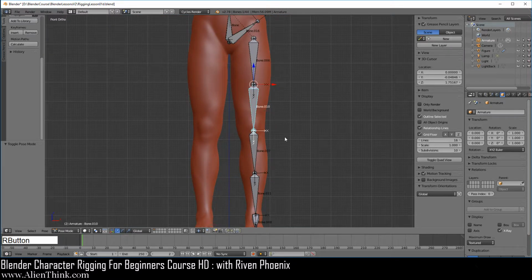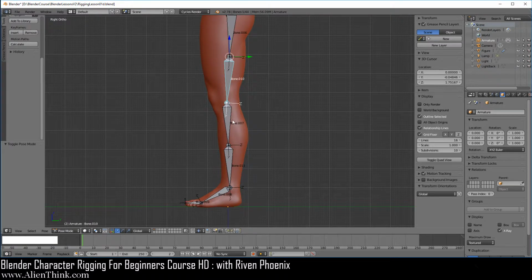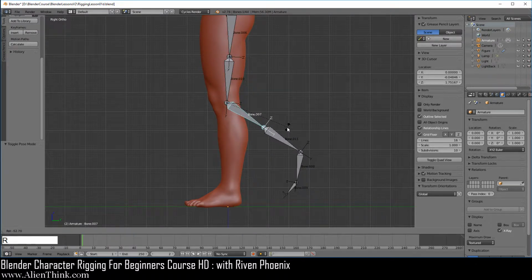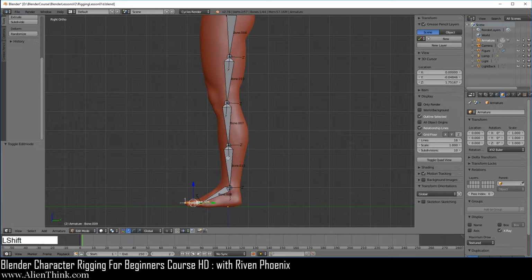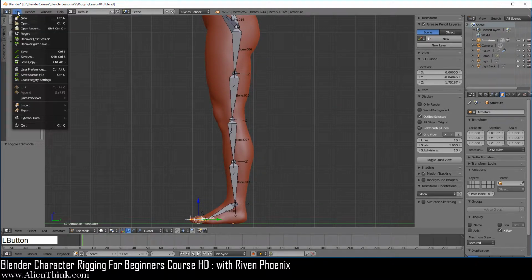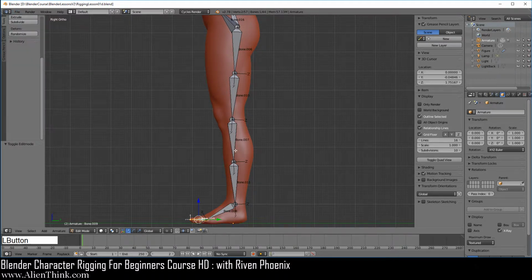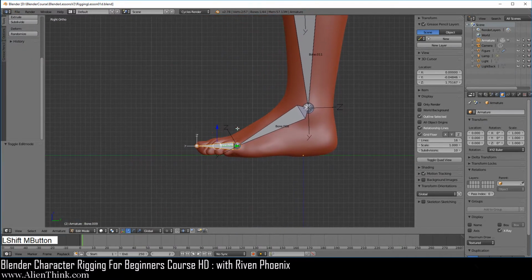This is working. Press the 3 key to go to your right view. Click on this one. This works. This works. This works. And this works. Okay, now another way to also check this, if you go to edit mode, now make sure you save your file first before you do anything. Okay, now we're going to zoom in. Now if you press the G key, you can see that the parent-child relationship is working.